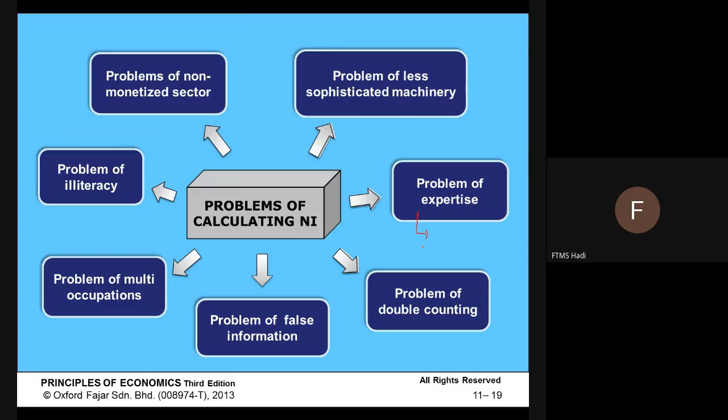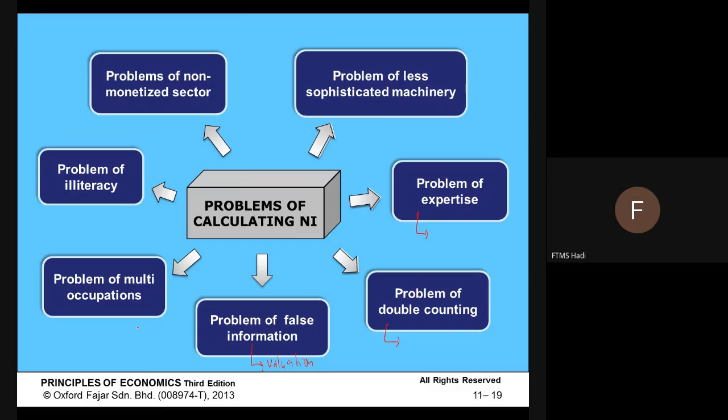The second one, the problem of double counting. Sometimes they can have double debit, double credit because of the same transaction, and they will over-record it. And then the third one, the problem of false information. This one we can refer to valuation. Sometimes they can overvalue the property, or overvalue the asset, because valuation is quite subjective. The land is supposed to be 1 million, and then they overvalue it to become 2 million. So that is also some kind of problem.